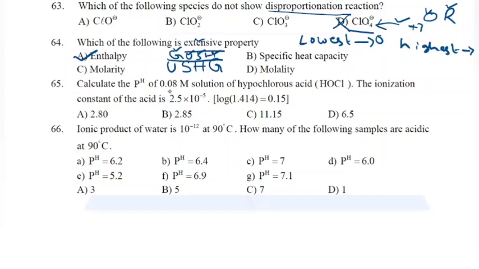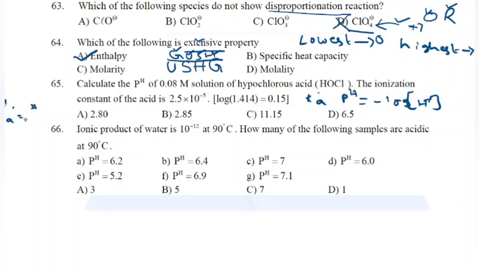Calculate the pH of 0.08 molar solution of hypochlorous acid. Ka, the ionization constant of the acid, they have given Ka, and they are asking for the pH of the solution. How to calculate pH? We know it is the negative logarithm of H plus ion concentration, right? Then how to calculate H plus ion? See, for Ka, if we consider,